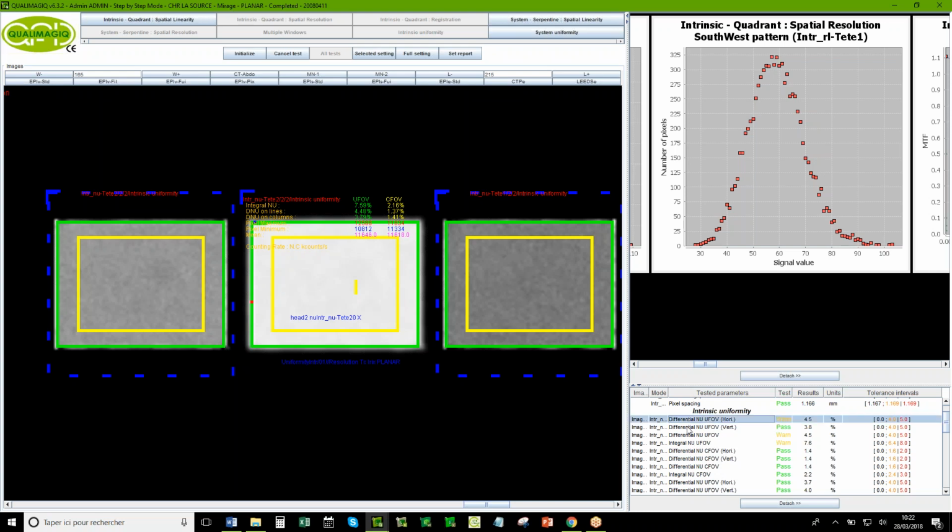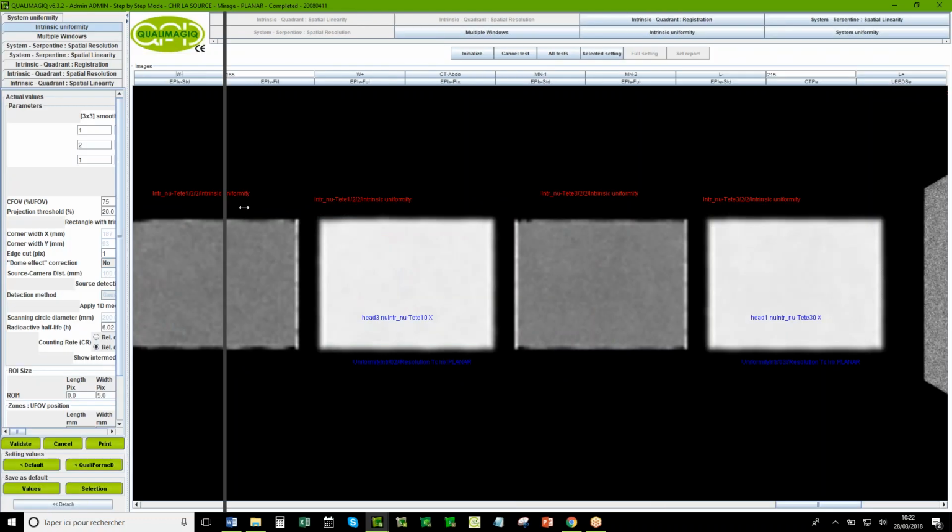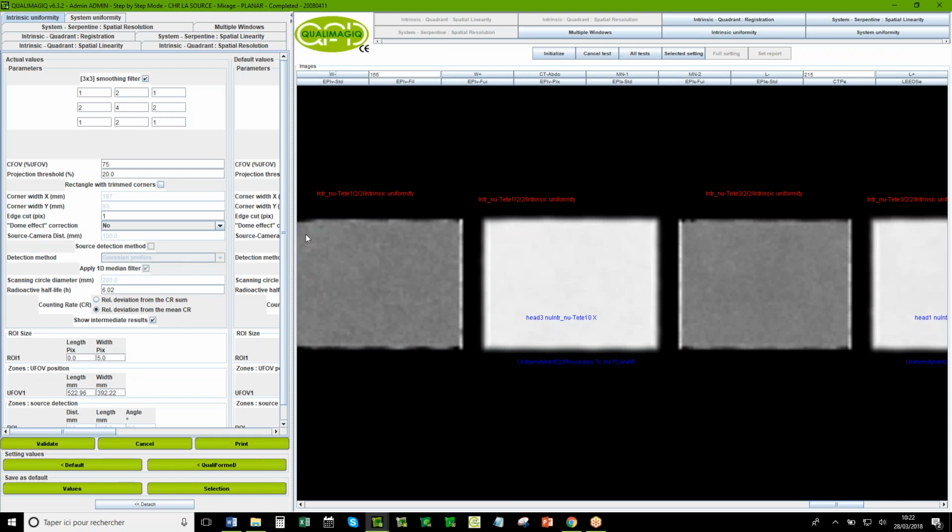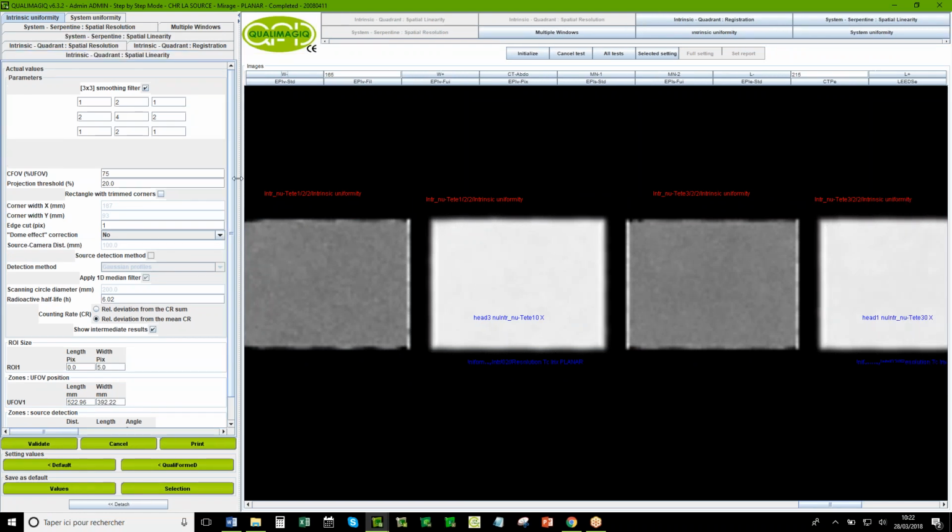So differential uniformity in the vertical direction and horizontal direction, the global measurement, and the integral measurement of the non-uniformity of the system. So we can look a little bit at the settings, because here it's important.